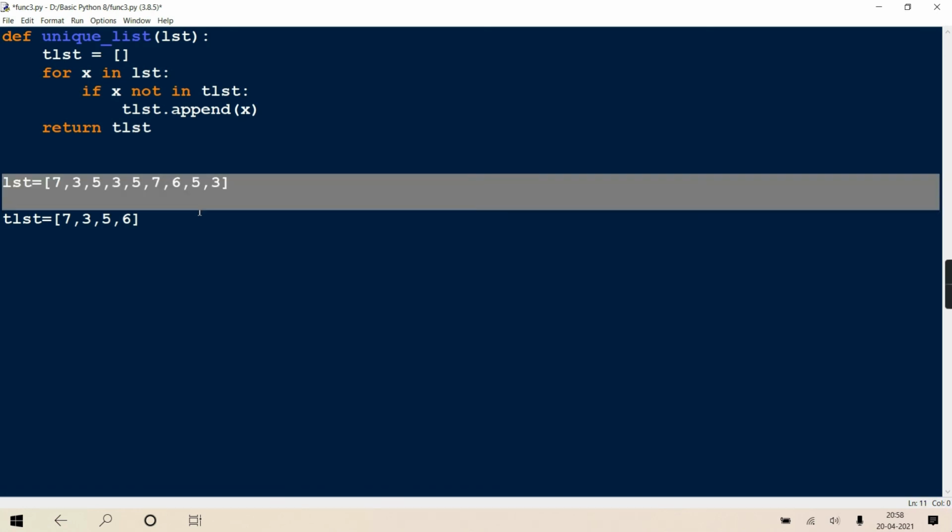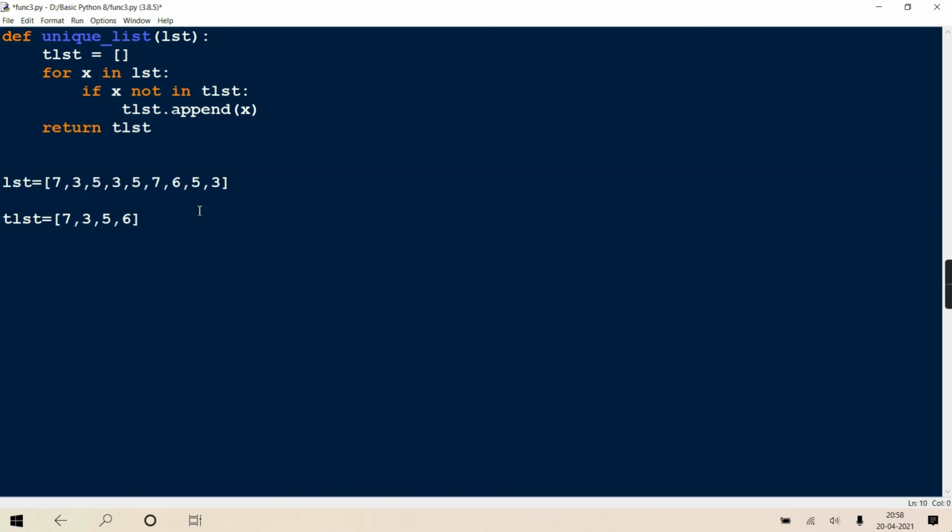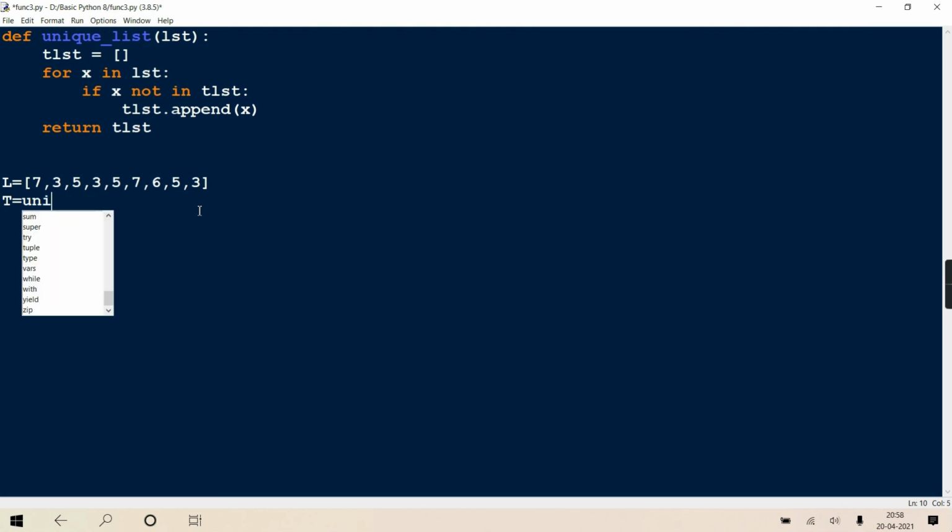Now we will test it. I can take this example only. Now this is my main program, L. Then I'm calling and collecting the answer in T, that is the unique list.